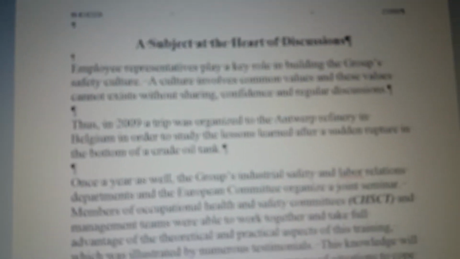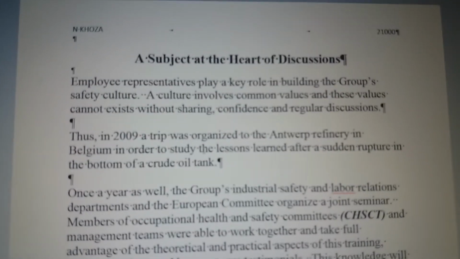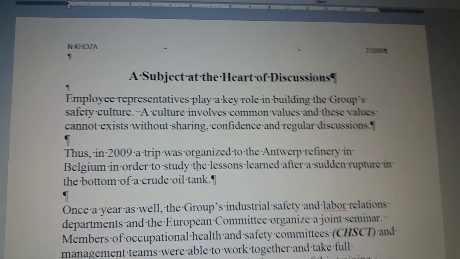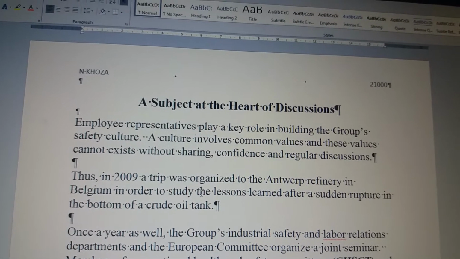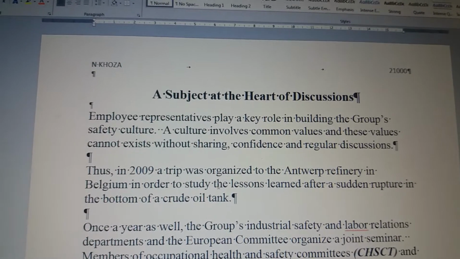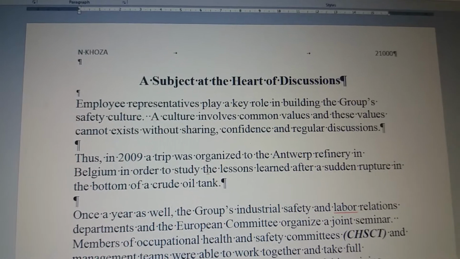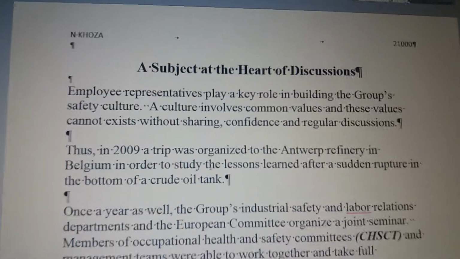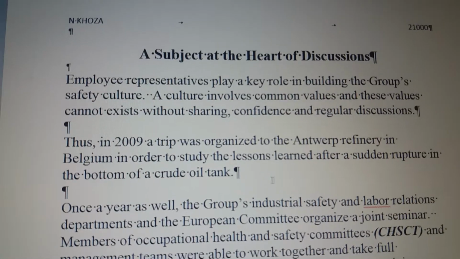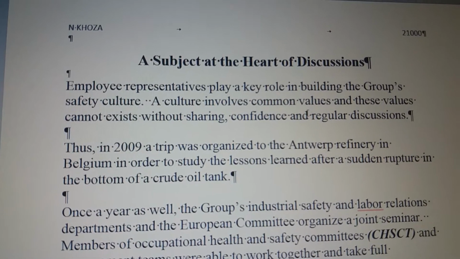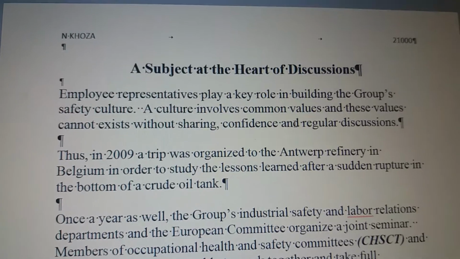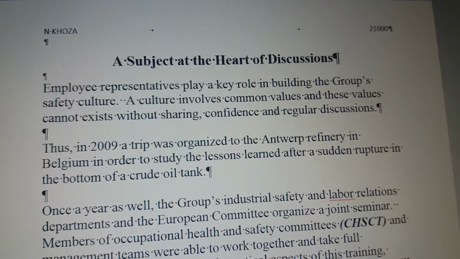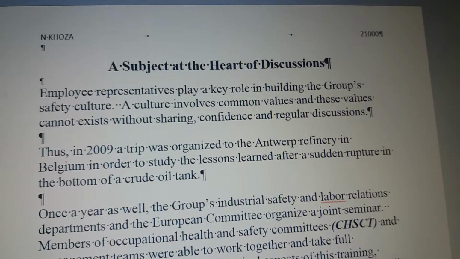Okay, hi everyone. So this video is to explain the numbering. There are certain rules of the numbering. The first one means the first level heading should have a dot. The second level heading, if you have, the second level heading is